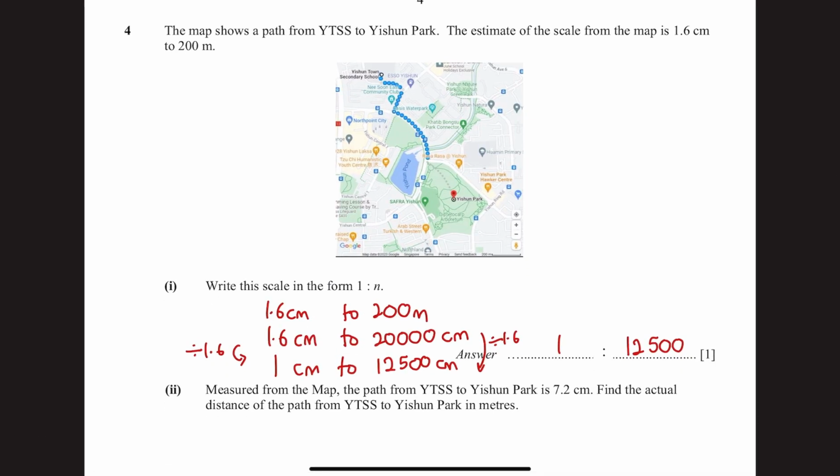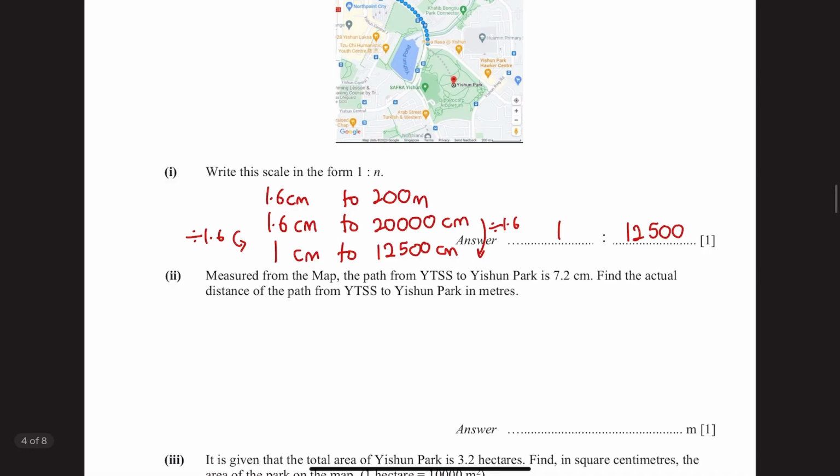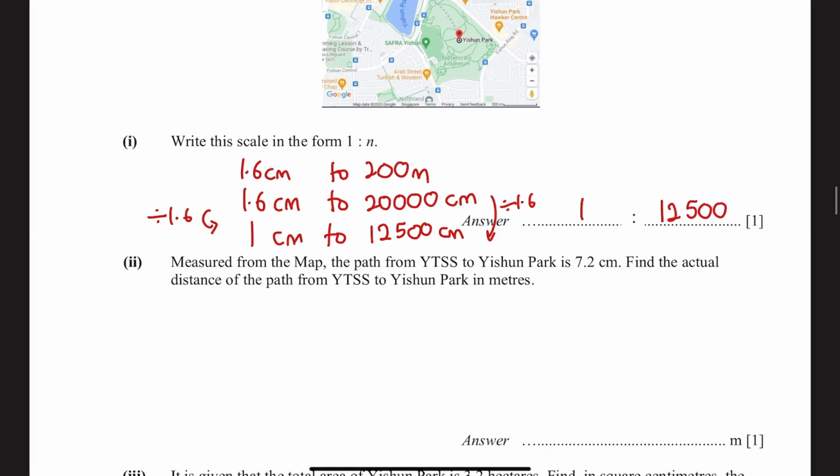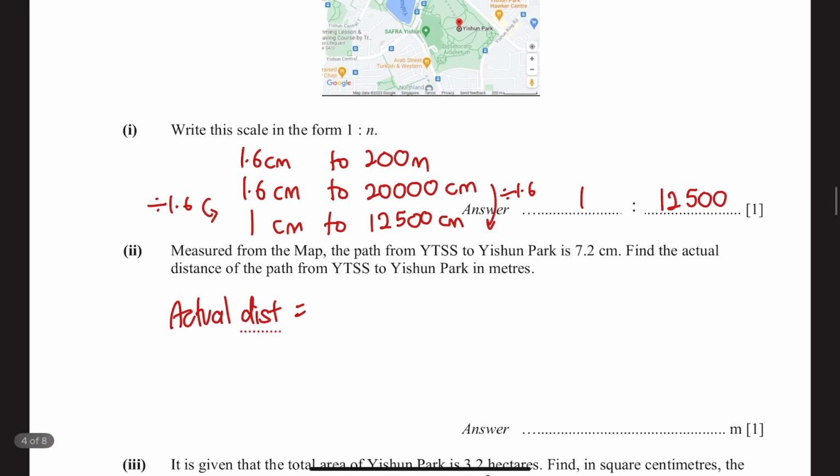Okay, let's look at question 4, part 2 now. Find the actual distance if the map distance is 7.2 cm. So very simply over here, actual distance is equal to, based on my scaling, okay, I know that over here,